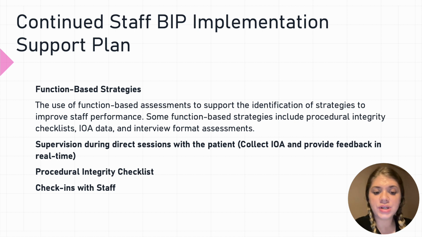And then procedural integrity checklist, which would be having that task checklist or the run through of the intervention and ensuring that you can check off on that. And there's at least that 80% IOA, and then procedural integrity, you want to have them pretty much 100% accurate on running through procedurals